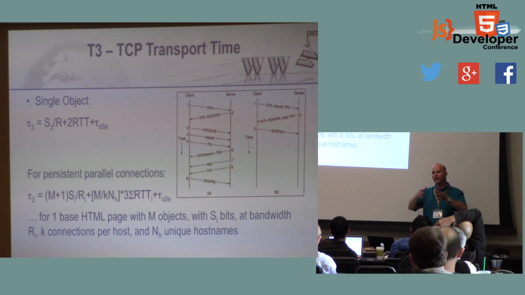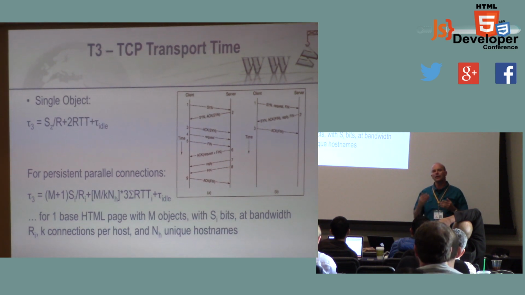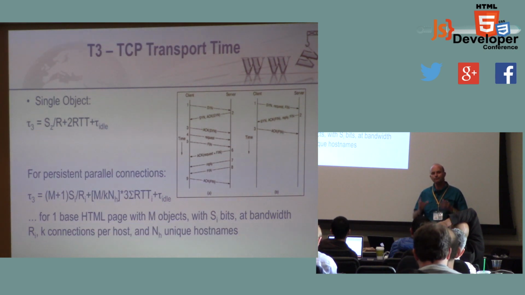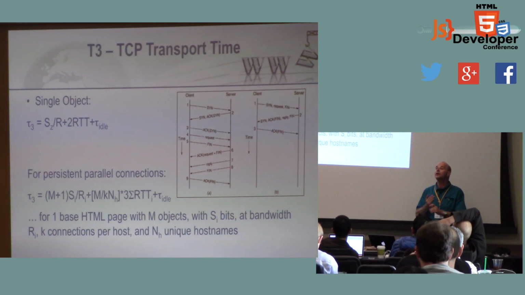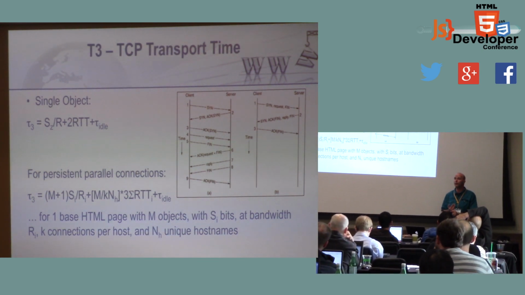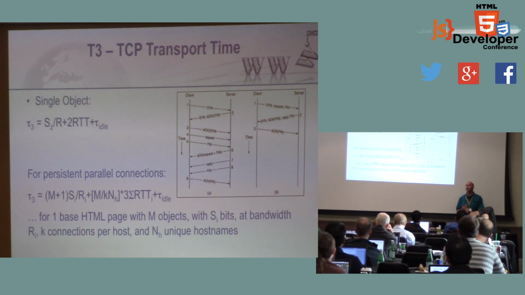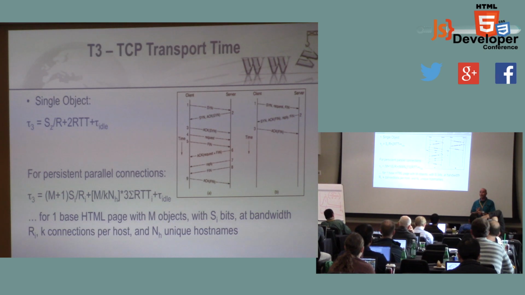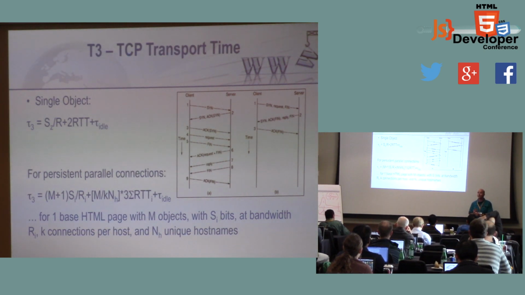So back to our phases. First phase, we get the base page. Second phase, we get the static content. Third phase, we do the deferred loading. Let's ask ourselves from the point of view of the model, what's important at each one of those stages? In that first stage where you're loading the base page, T1 is absolutely important, right? Because the user is sitting there with no visual feedback, nothing, waiting for that base page to come back. The server duration is really important there, because that determines when you get that first byte back. The transport time, which is the difference between the first and last byte, is not very much. I mean, that page is not very large. It's just a little text blob. T3 is not important for phase 1,